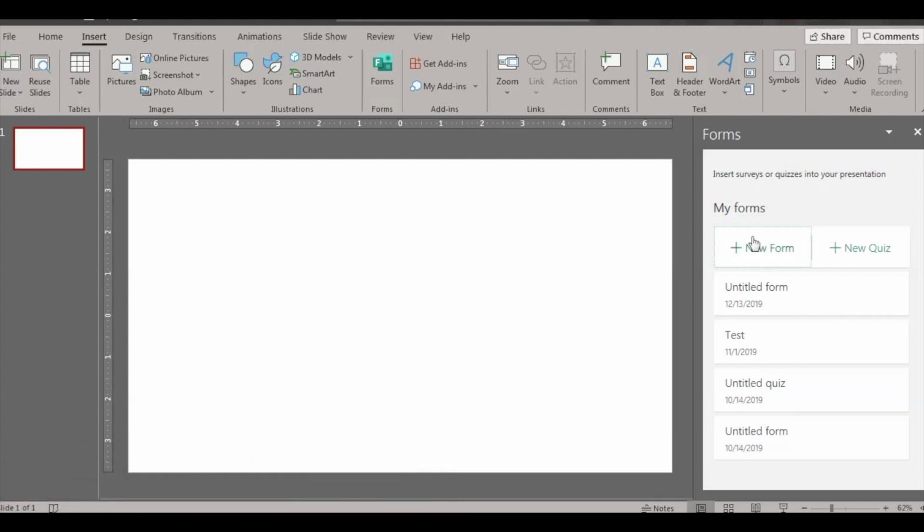As I said, you have an option to create a new form. You have an option to create a new quiz. You can also create surveys. So let's go ahead and create a new form first. Click on New Form. Once you click on this option, it will take you to the Microsoft website,